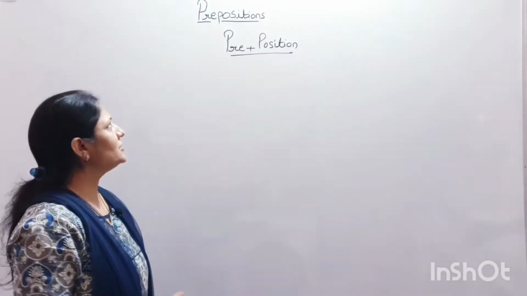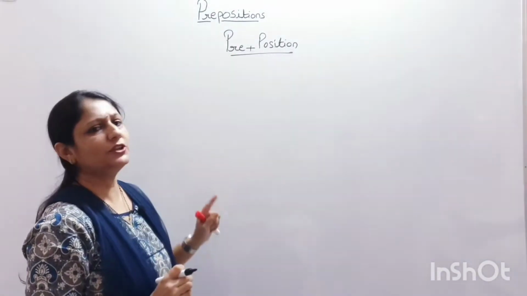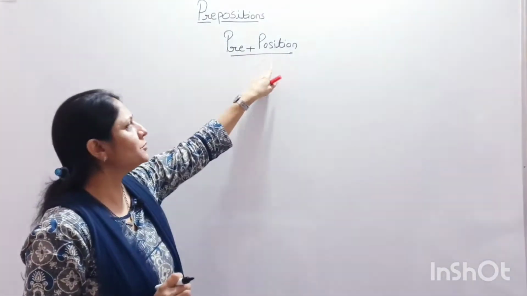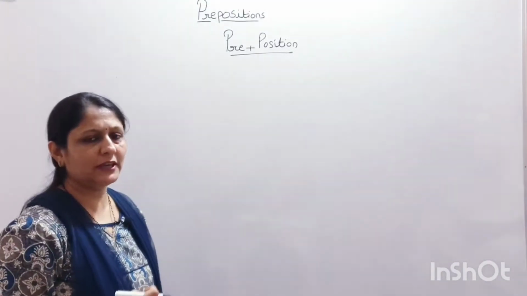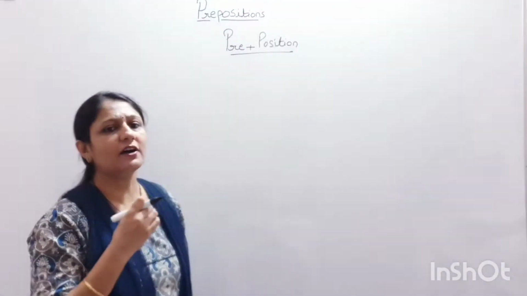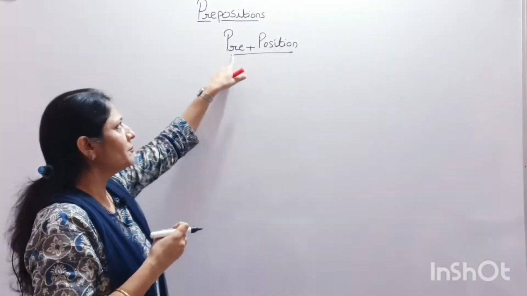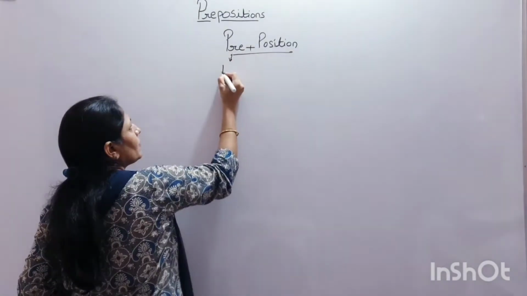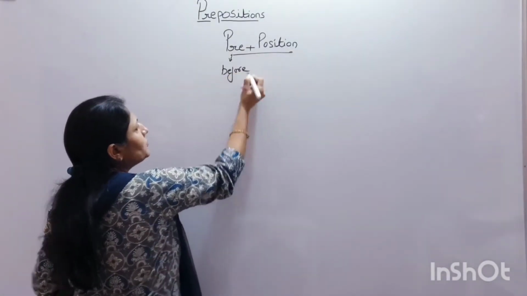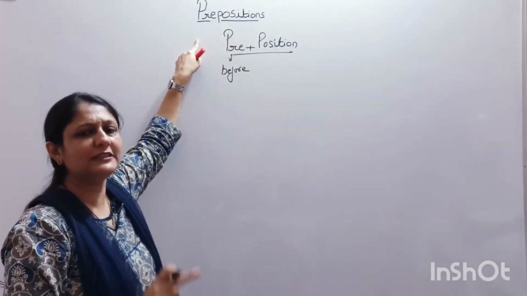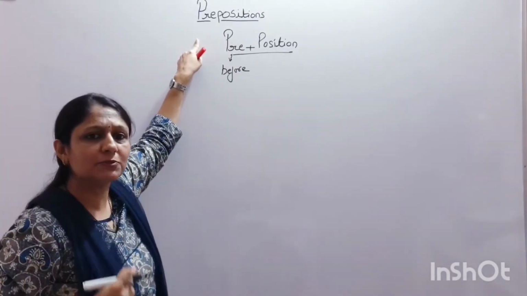We can break down the word preposition into two forms, pre and position. Prepositions are those words which are placed before. Pre means before. Position means place. The prepositions are the words that are placed before